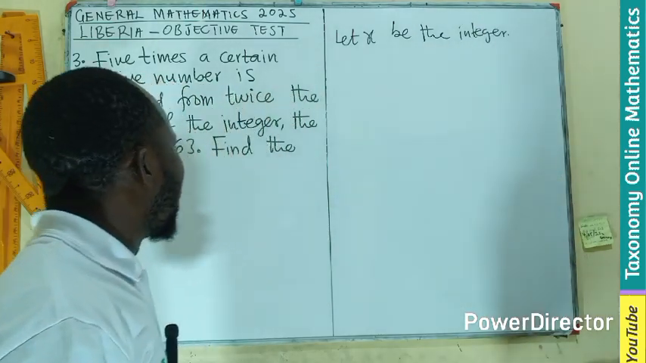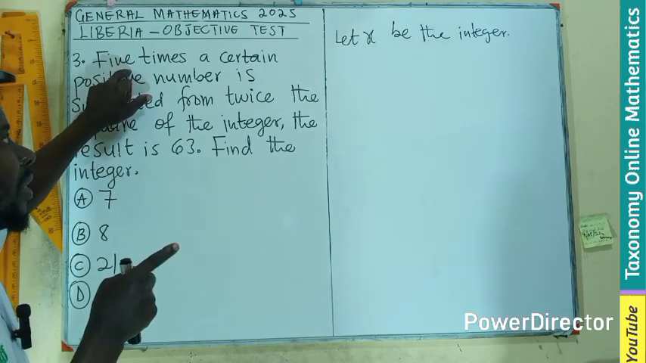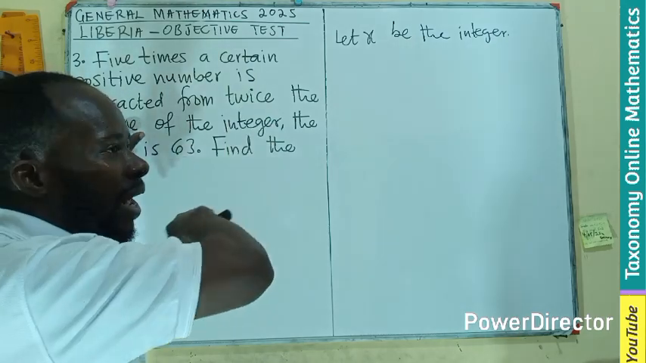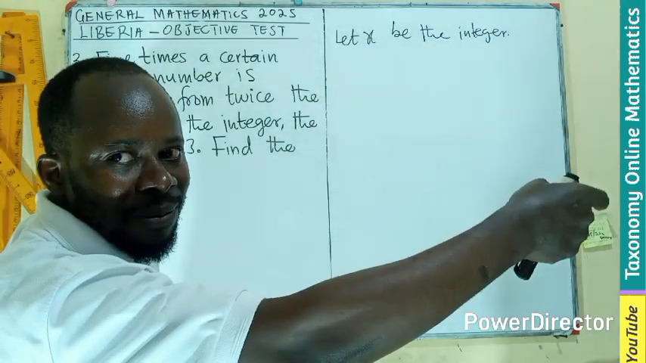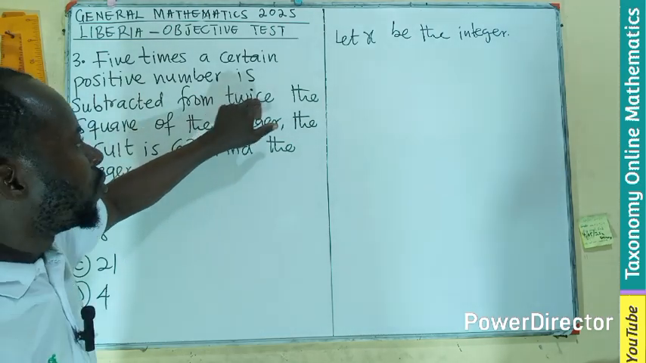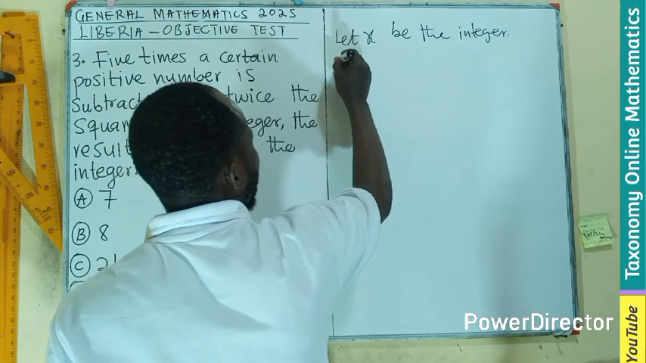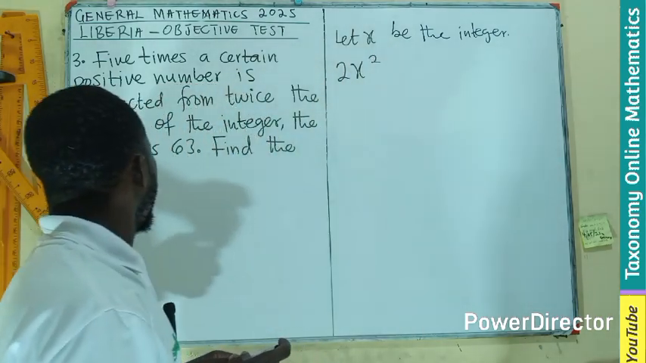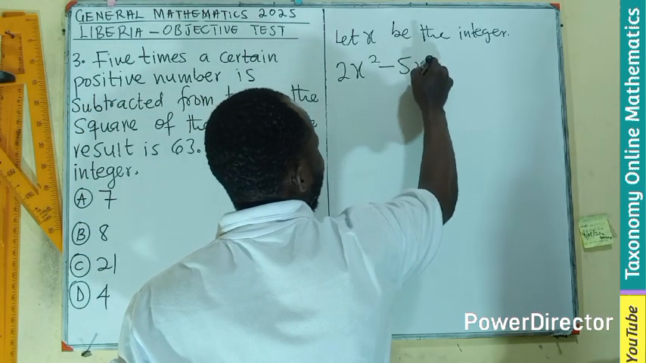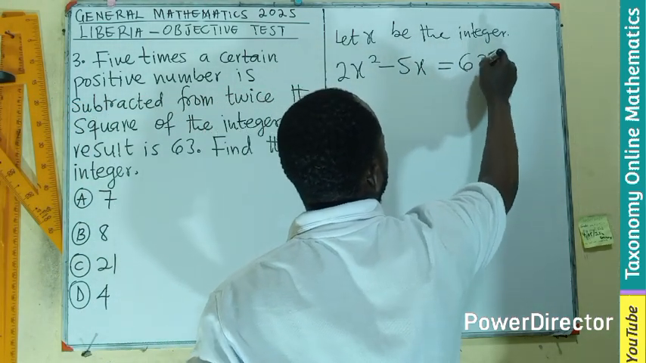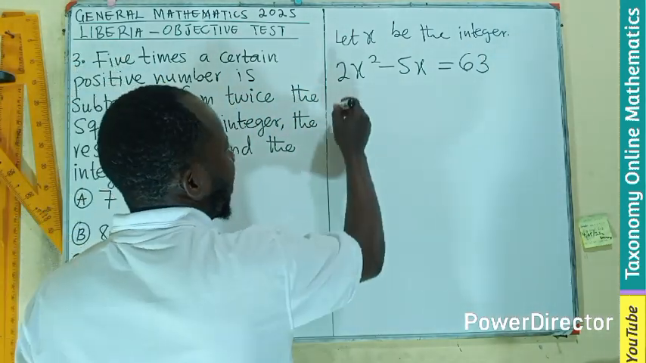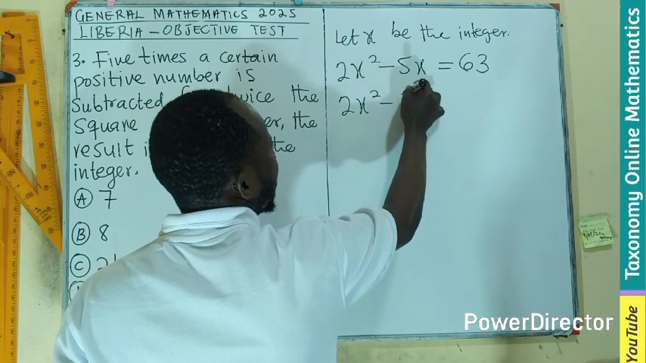So if x is an integer, we are saying that 5 times that integer is subtracted from, meaning we need to have the second part of the statement first before we subtract the 5 times the number. So we are going to have twice, meaning 2 times, twice the square. So this means that 2 times the square of the integer, and 5 times the number is subtracted. The result we are having is what? 63. So this can generate a quadratic equation,